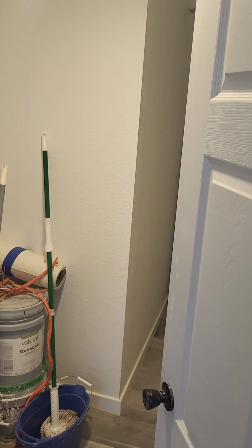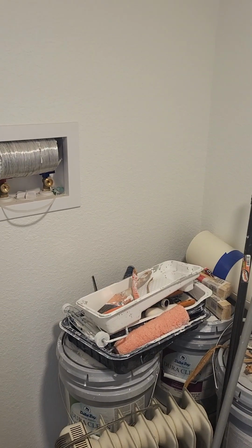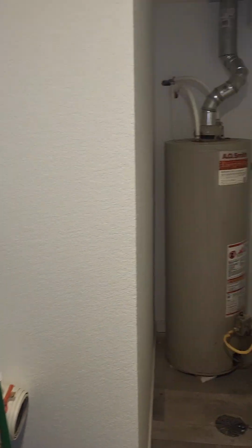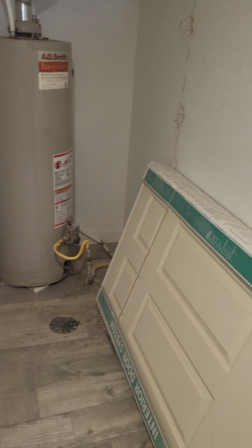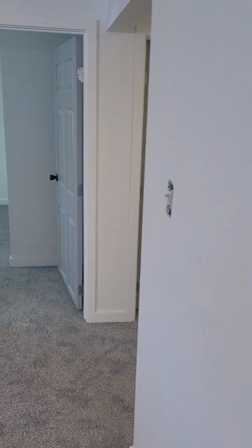So that's the living area. Then you come across into the laundry area, which is a bit of a mess at the moment. Enough room for a washer and dryer. It is high enough for a stacker. Hot water service. There is a floor drain in here, which is awesome. And then you come across